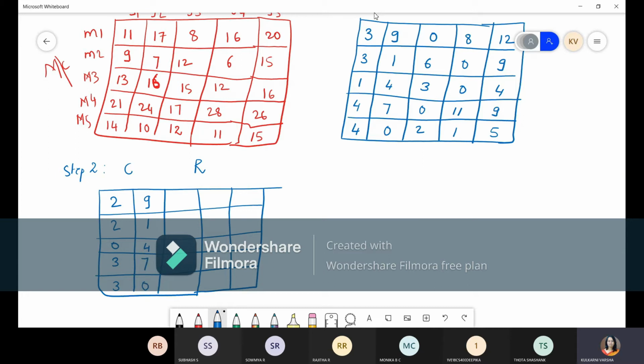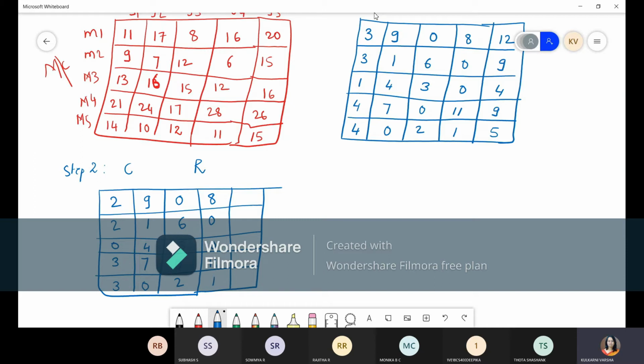Now third column, the minimum element is 0 only. So as it is, we'll write it: 0, 6, 3, 0, 2. Then fourth column. In the fourth column also, the minimum element is 0. So we'll write it as usual: 8, 0, 0, 11, 1.